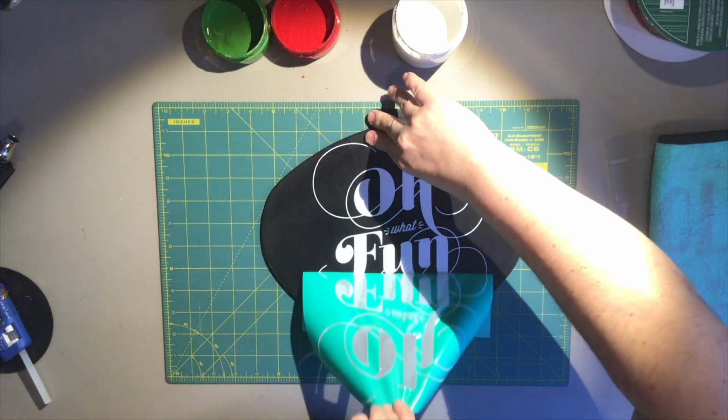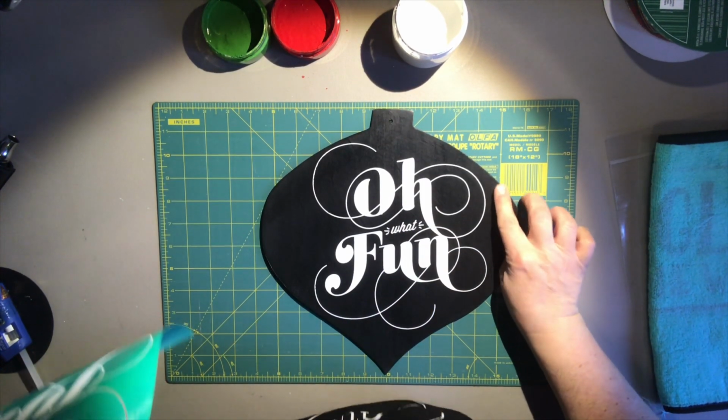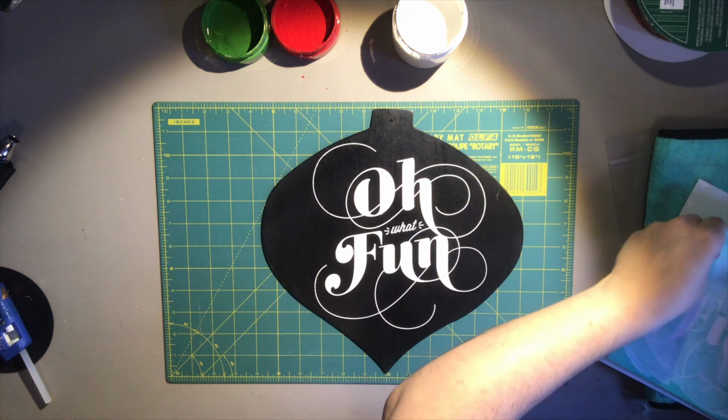So, oh, it's very pretty. Yes, crisp, just like I imagined. Oh, I really like that. That is a really fun font. So I'm going to set this transfer to the side,